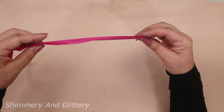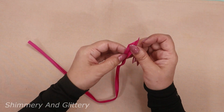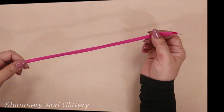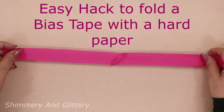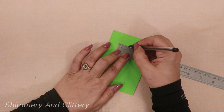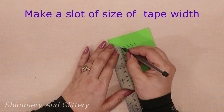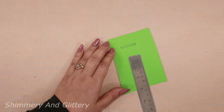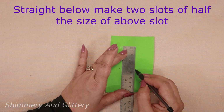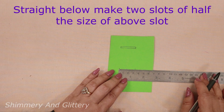This conventional way is fine for not so long pieces. For very long ones, it may seem to be tedious. Let me show you another easy and simple hack to fold the bias tape. Take a hard paper or cardboard, draw a slot measuring the width of the fabric, and exactly below it in the center, a few centimeters away,